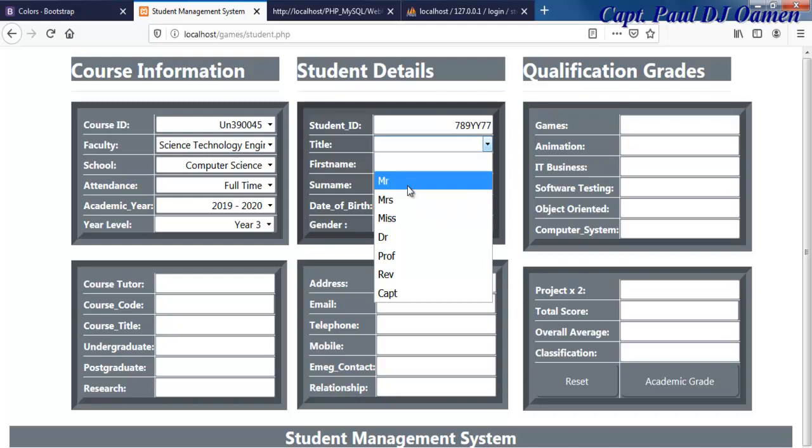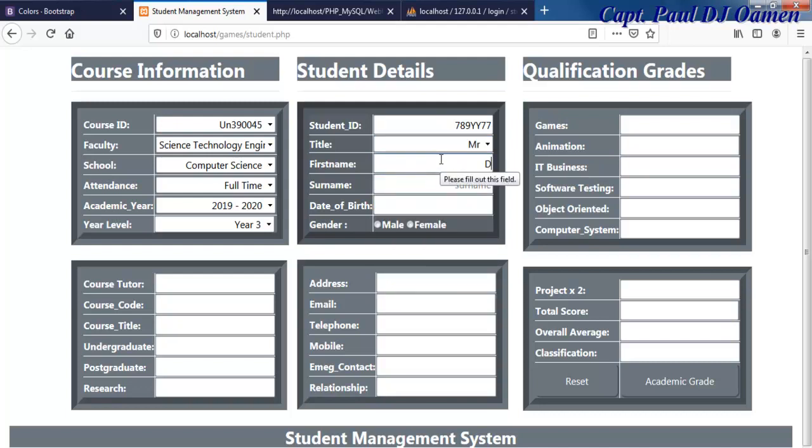title, let's say it's Mr. Danny, Dodgy, and date of birth of Dodgy is 12 there, and male. And let's come right down here, enter the tutor's name, let's say that's Felix Johnson, and the course code,